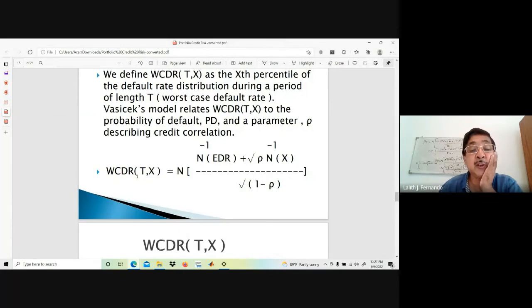That is the worst case default rate confidence level. It's a probability. That x comes here. Normally what happens is when you give a worst case rate, our default confidence level would be 99%. So therefore, x is more or less 0.99. So if that is the case, you can do the other calculations by using 0.99 here. All others remain the same. Then you can arrive at the worst case default rate of the portfolio.